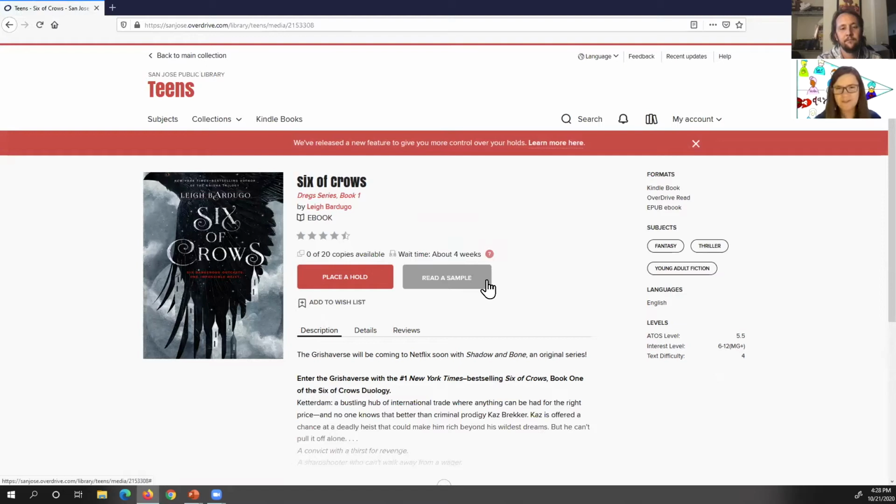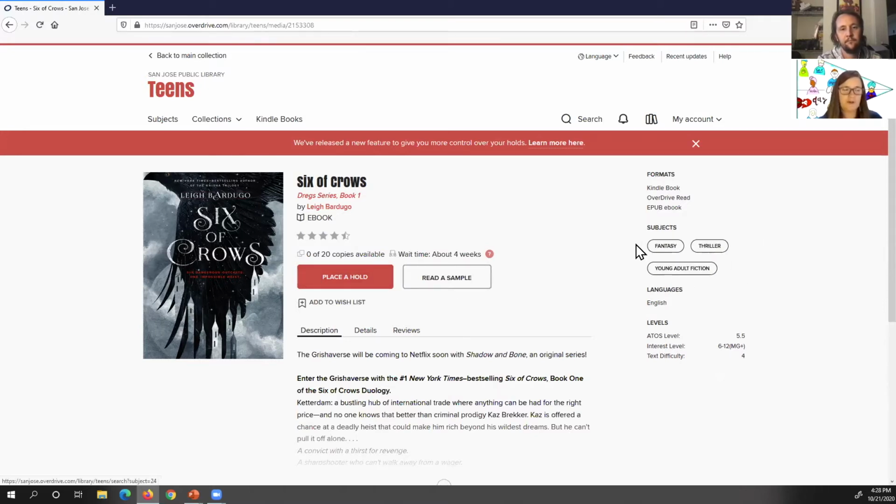So that's definitely a plus from browsing through books at the library. If they're checked out, you can't still pull them off the shelf and read a sample to know if you want to get in line for it. So that's definitely something that's great about eBooks. They keep the sample on hand so you can read it and know whether you do want to place that hold or not.